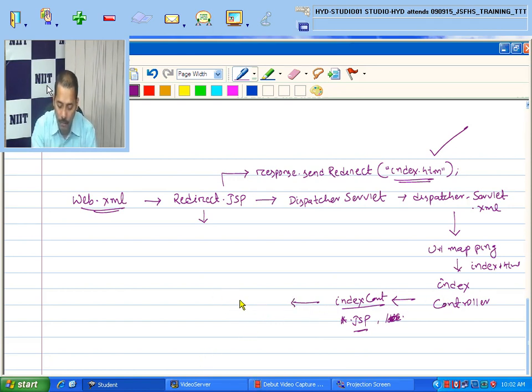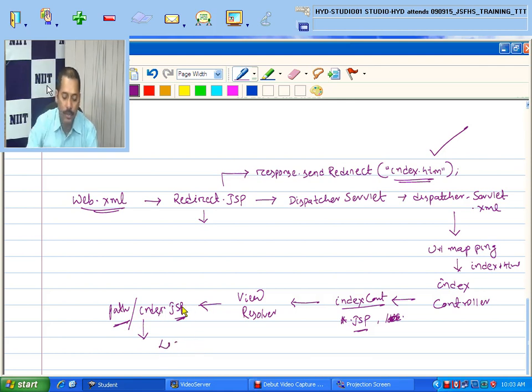In the view resolver, what we have done is that the file, index or anything, ends with .htm, and it has to be prefixed with the path, whatever the path is. Now it is not the .htm file; it will be loaded as your .jsp page, because it is suffixed with .jsp and prefixed with a path. The page which will get loaded is nothing but your index.jsp page. This is exactly the flow of the application, how it works.